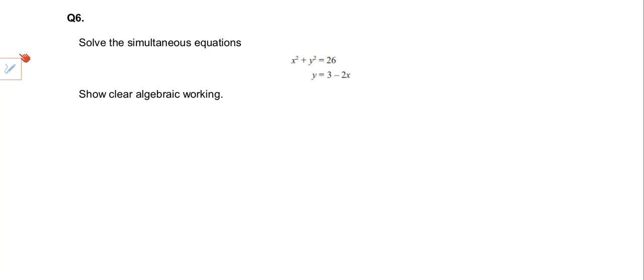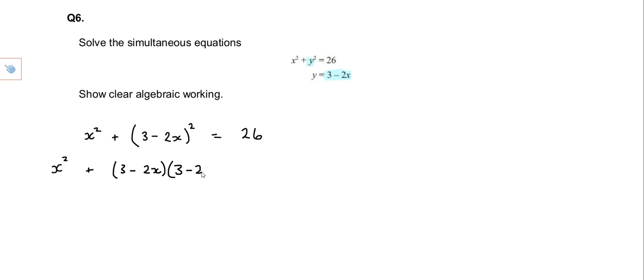Okay. Question 6. So first I noticed that they give you what y equals, so I wrote it in to replace the y. So I did x squared plus, in brackets, 3 subtract 2x to the power of 2 equals 26. And then I wrote it so it shows you both brackets, plus, and then I did 3x here. And then equals 26. And then I expanded those brackets, so I got x squared plus 9 plus 4x squared